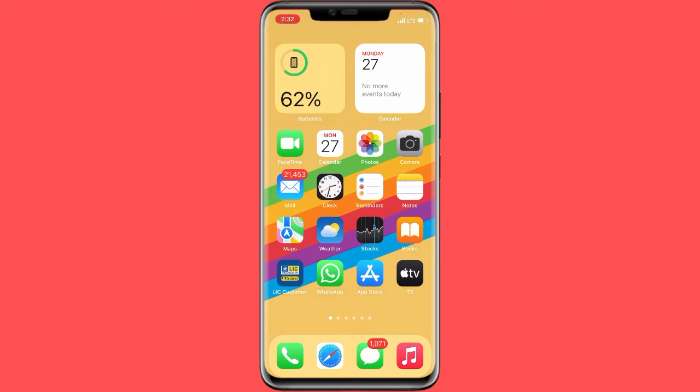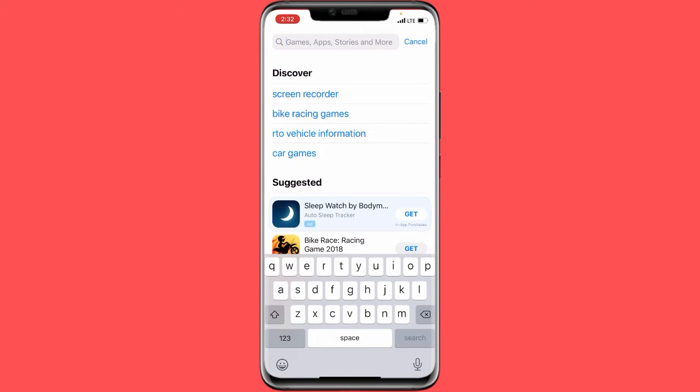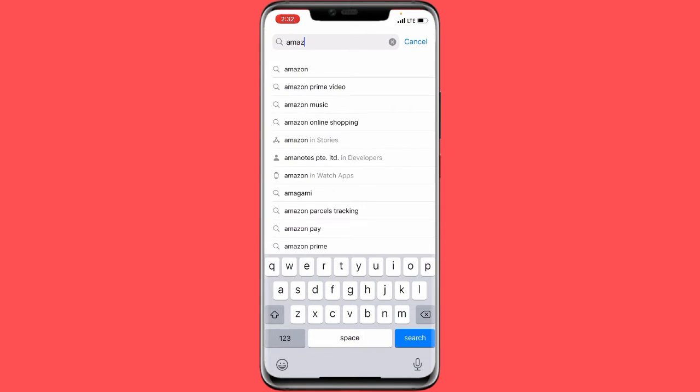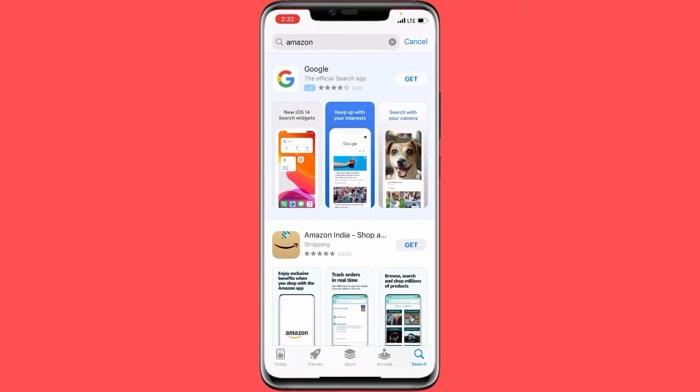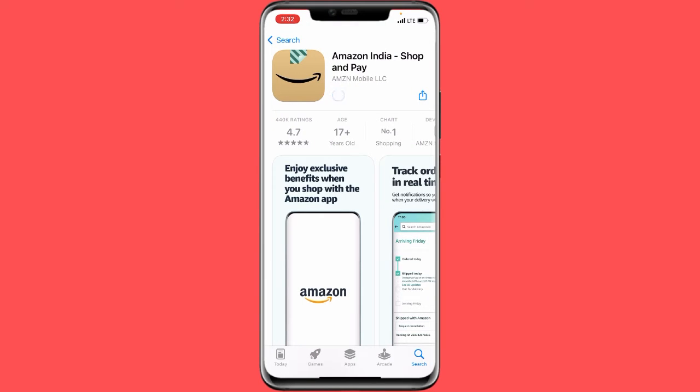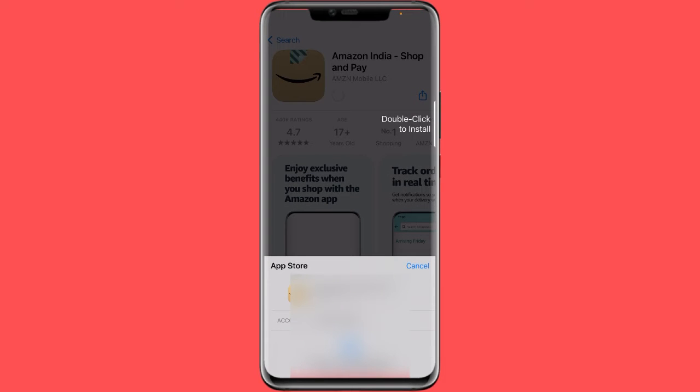So guys, basically it's a very simple method you can apply to download the Amazon app. Here you can see the App Store. Just go to the App Store, and here you have to search for Amazon. After searching for Amazon, you can see this is the one. So just click on Get, and then after clicking Get, just click the